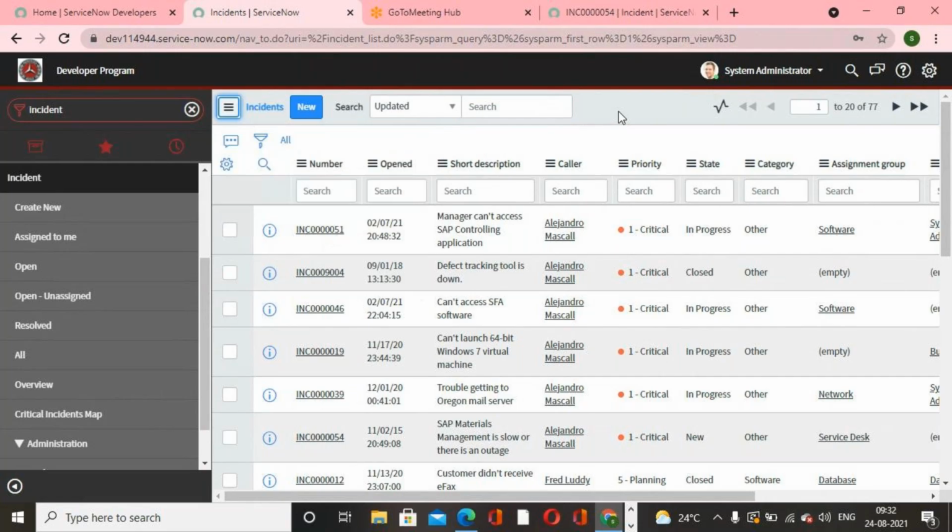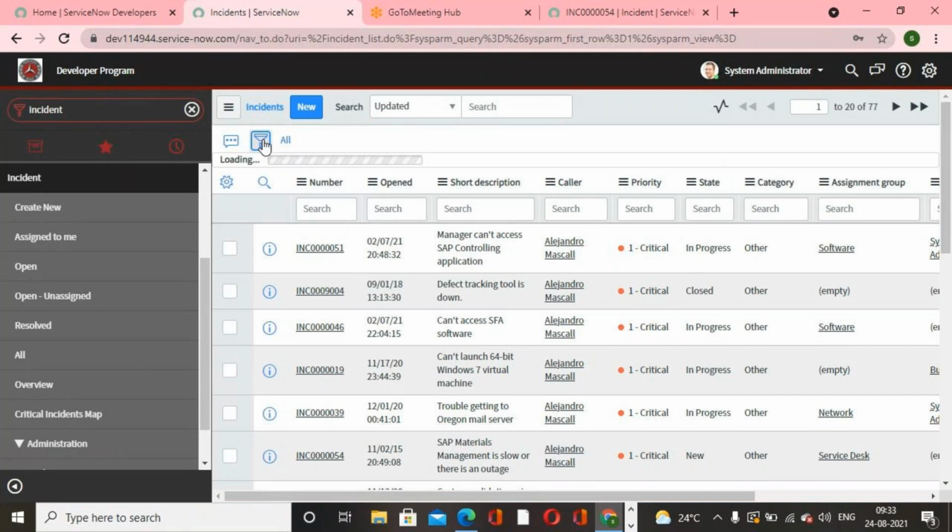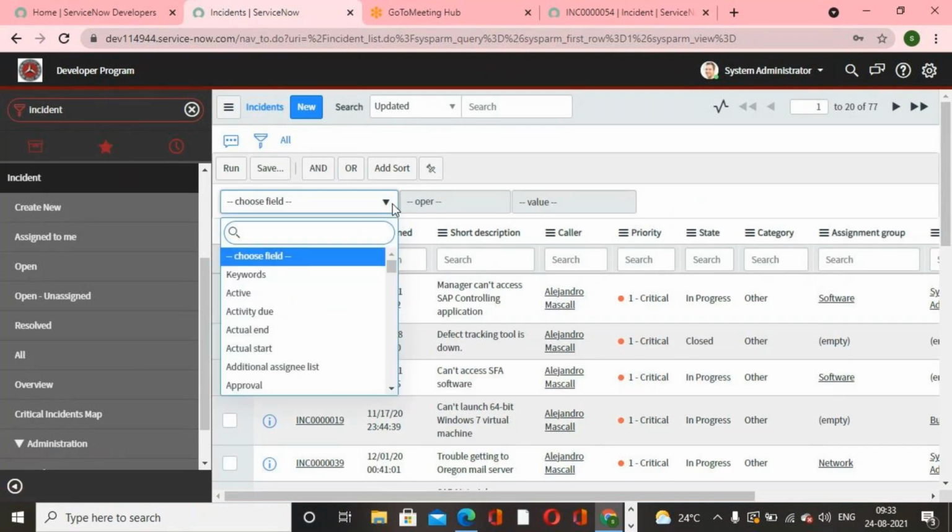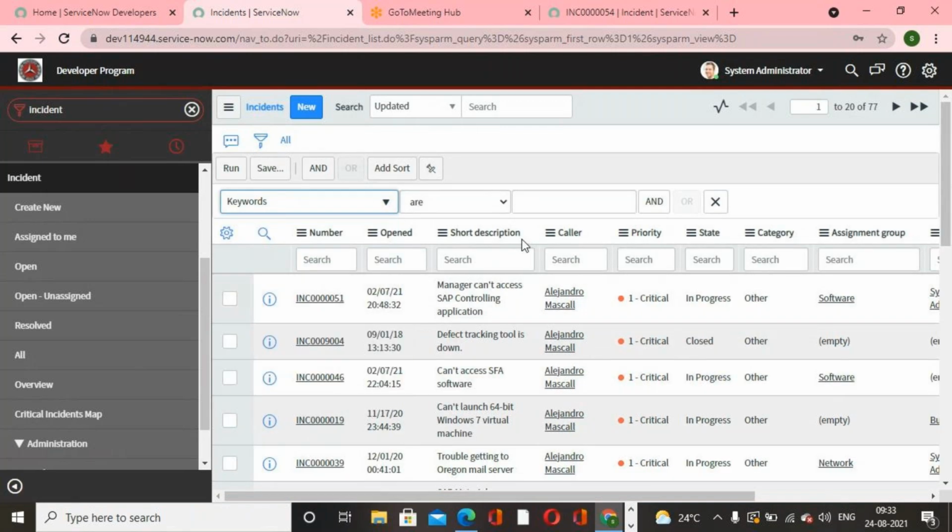How can you add one more filter condition? First of all, how can you create it? For example, I'm the manager of the network team, network department. When I log into the instance, I want to apply a condition, but I don't want to apply that condition every time. At that moment, the customer has to create one condition. First of all, active is true